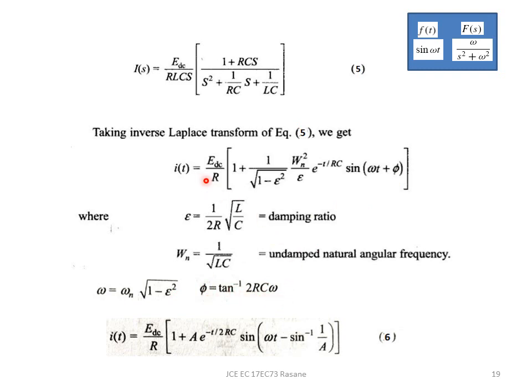And once I take this inverse Laplace transform, I can further simplify it using this value A, in this particular equation where A stands for this term. And using that, sine inverse phi equal to, I try to replace this in terms of sine inverse of 1 upon A. Now the derivation and simplification part is not so much, so I'm just explaining it to you so that you understand it, but you may have to remember these formulas 5 and 6.